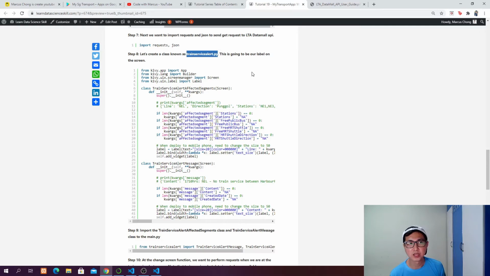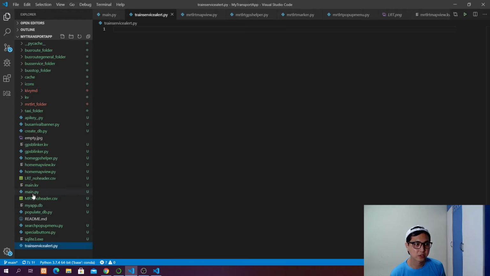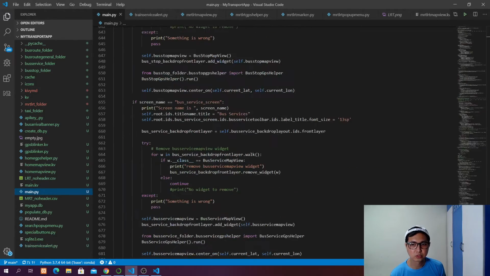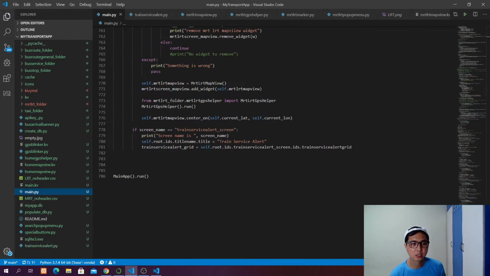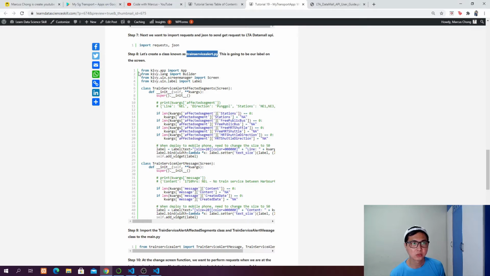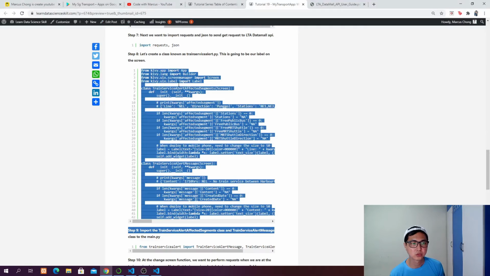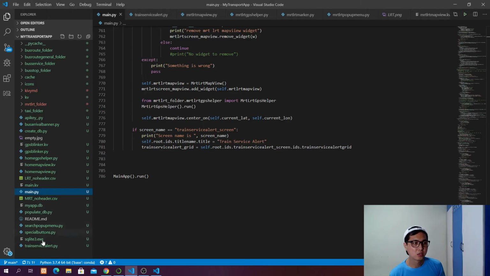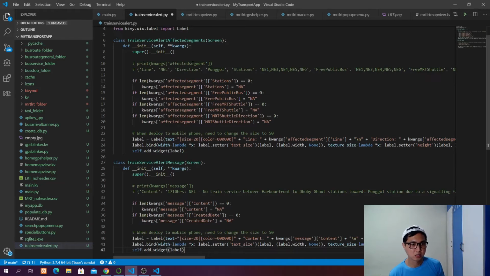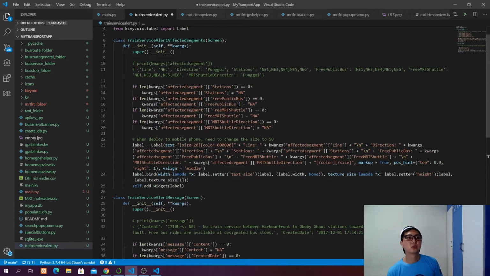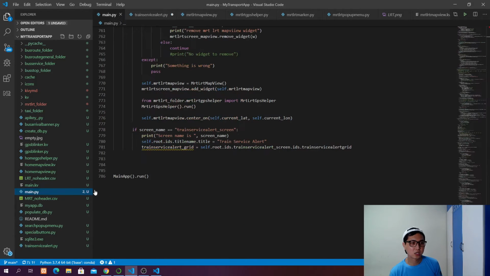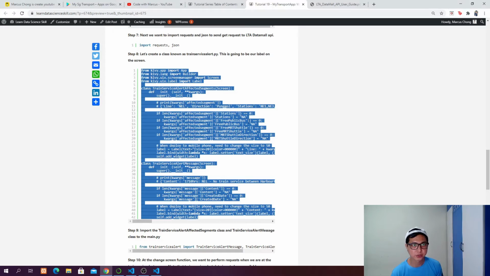This is going to be our label on the screen. Okay, so we're going to instantiate this class, and then we want to add to our trend service alert grid. Later on, we want to create a trend service alert label inside this trend service alert.py. Then we want to instantiate it and then add to this trend service alert grid. Okay,